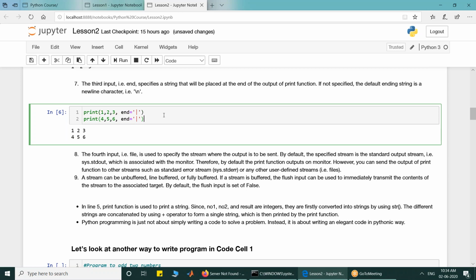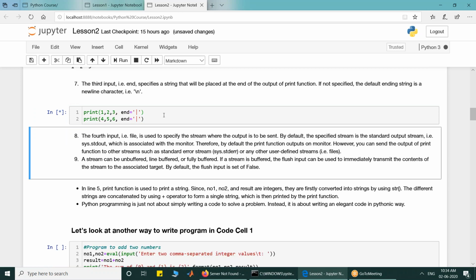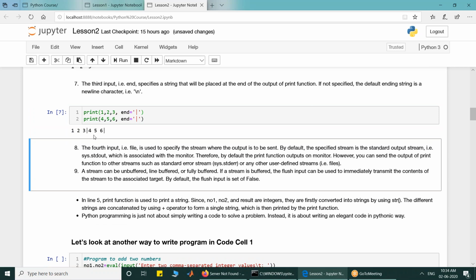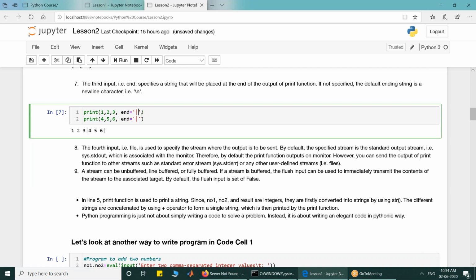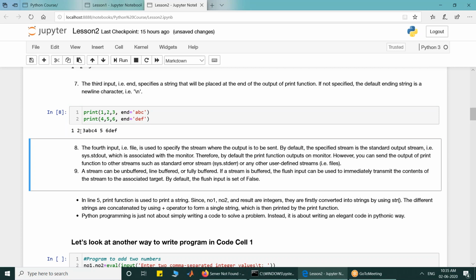Now 1 2 3 is followed by a pipe, followed by 4 5 6 followed by a pipe. The new line character, which is the default, I have removed and I have put a pipe character there. You can put any character that you want. Suppose I want ABC here, and for this I want DEF here. After printing 1 2 3, ABC will come, and after printing 4 5 6, DEF will come.